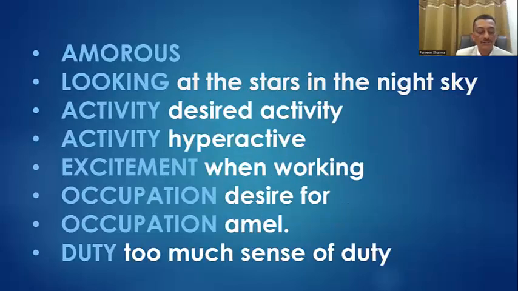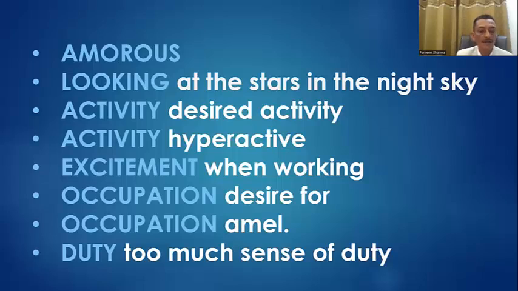Triticum is not an ambitious person who wants to achieve big things, but Triticum wants to shine like stars in the sky. So she wants to be an independent person to get respect. She wants to earn her own money. Her own money means her own value. So Triticum is there in so many work and occupation related rubrics.